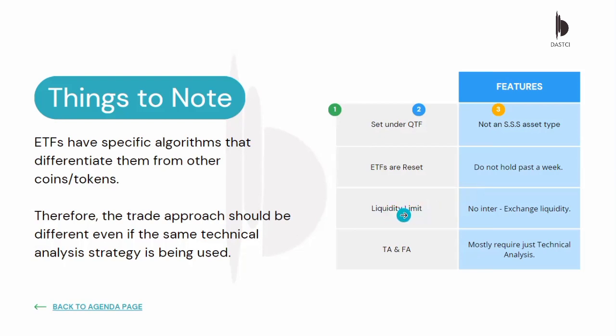Now we also want to talk about the liquidity aspect of the ETF, the liquidity limits, so that you understand how to trade these assets as well. It's important for you to note that ETFs are exchange tokens. I keep emphasizing that. So they are not coins. Liquidity here simply refers to how an asset can be traded for another. So how quickly you can get your money back in whatsoever currency you initially used to purchase it. So let's say, for example, you use dollars to buy gold.